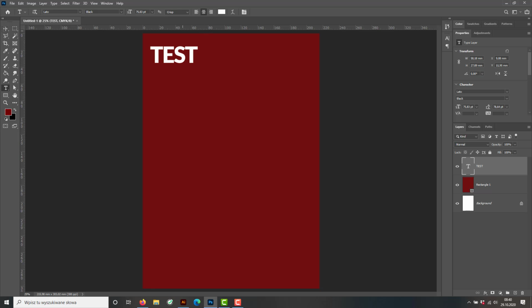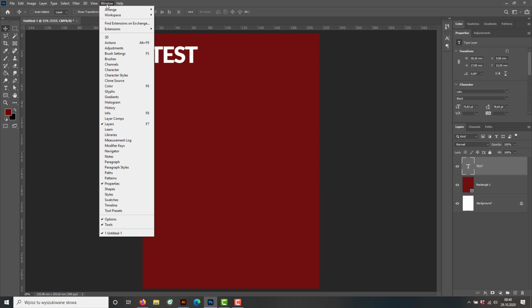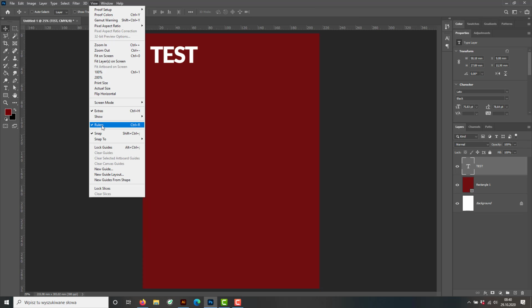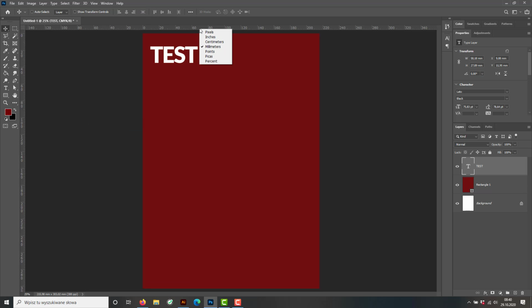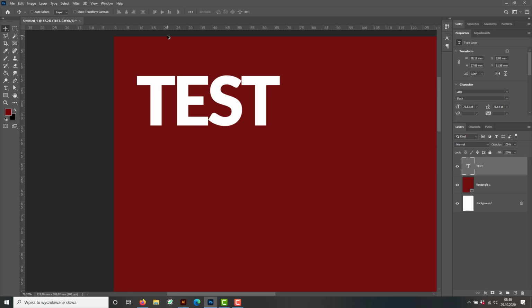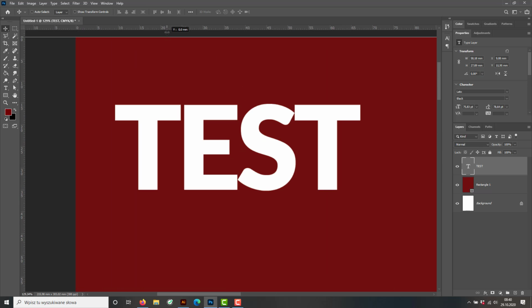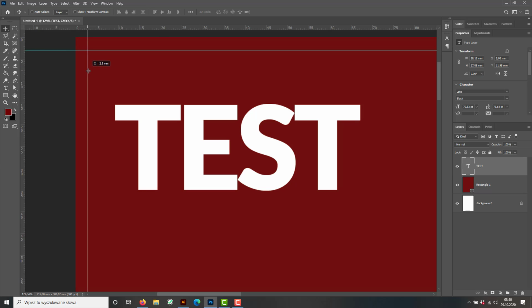Guidelines will help me judge the correct size of bleeds. So if you don't see the rulers, you've got the ruler option in view mode. So if I turn it on, I've got the rulers. I will right click on it, switch to millimeters, and right now I can zoom in into my project, grab, left click in here, and place this guideline on about 3mm, and the same in here,